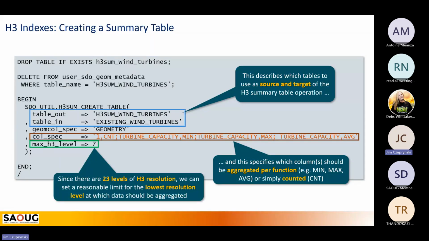So I'm going to build one called H3 sum wind turbines based on the data in the existing wind turbines table. The geometric column spec is the column name geometry. But I'm also saying count each point as one. Semicolon, turbine capacity minimum. I want you to create another column in the result set that calculates the minimum, maximum, and average turbine capacity for all the sets of wind turbines, key point, within that